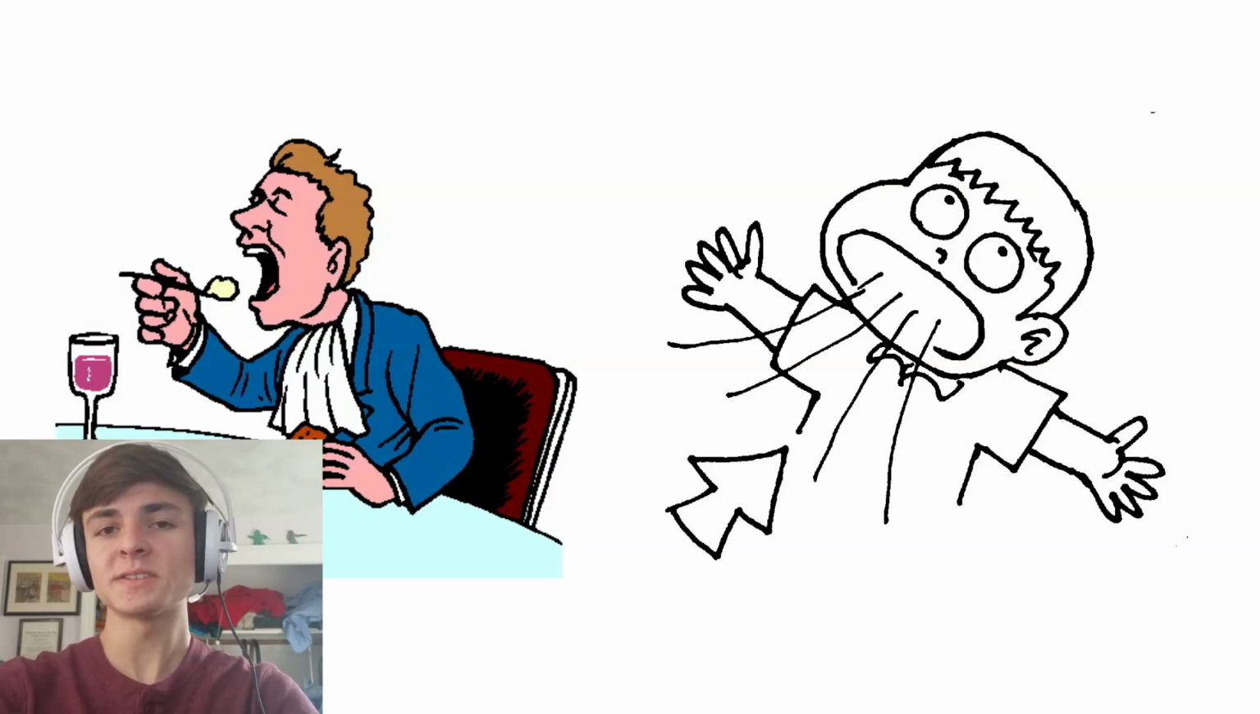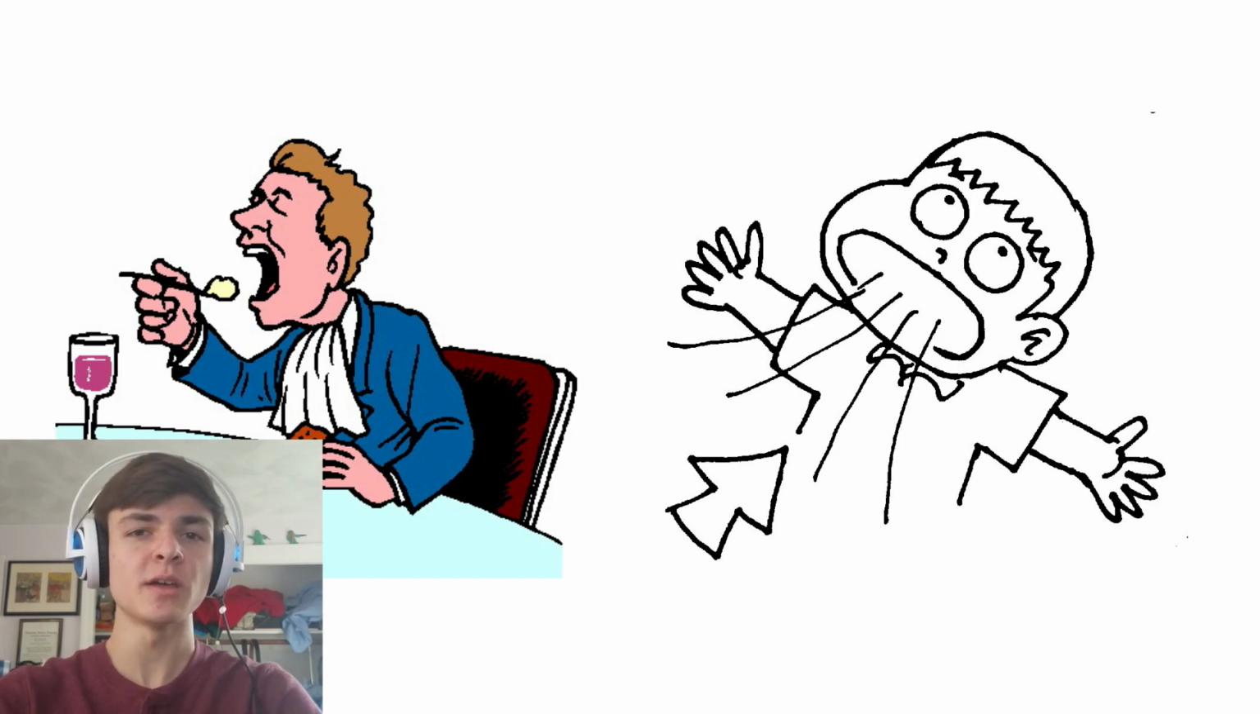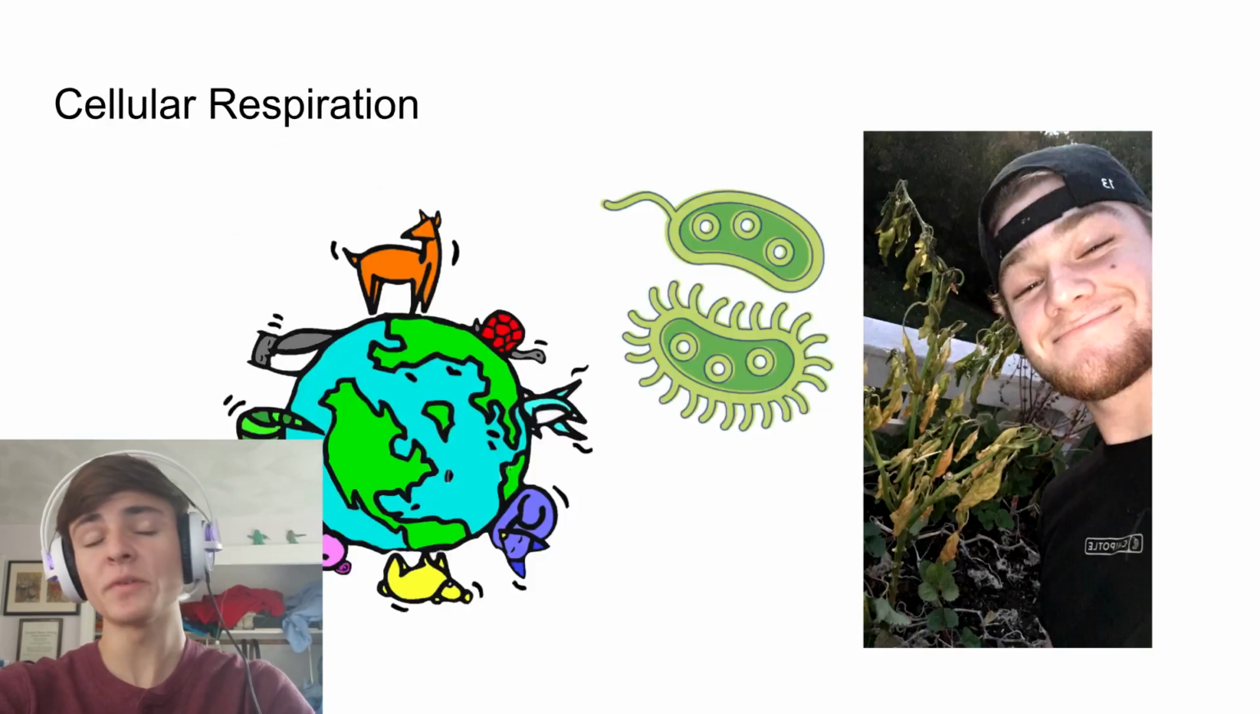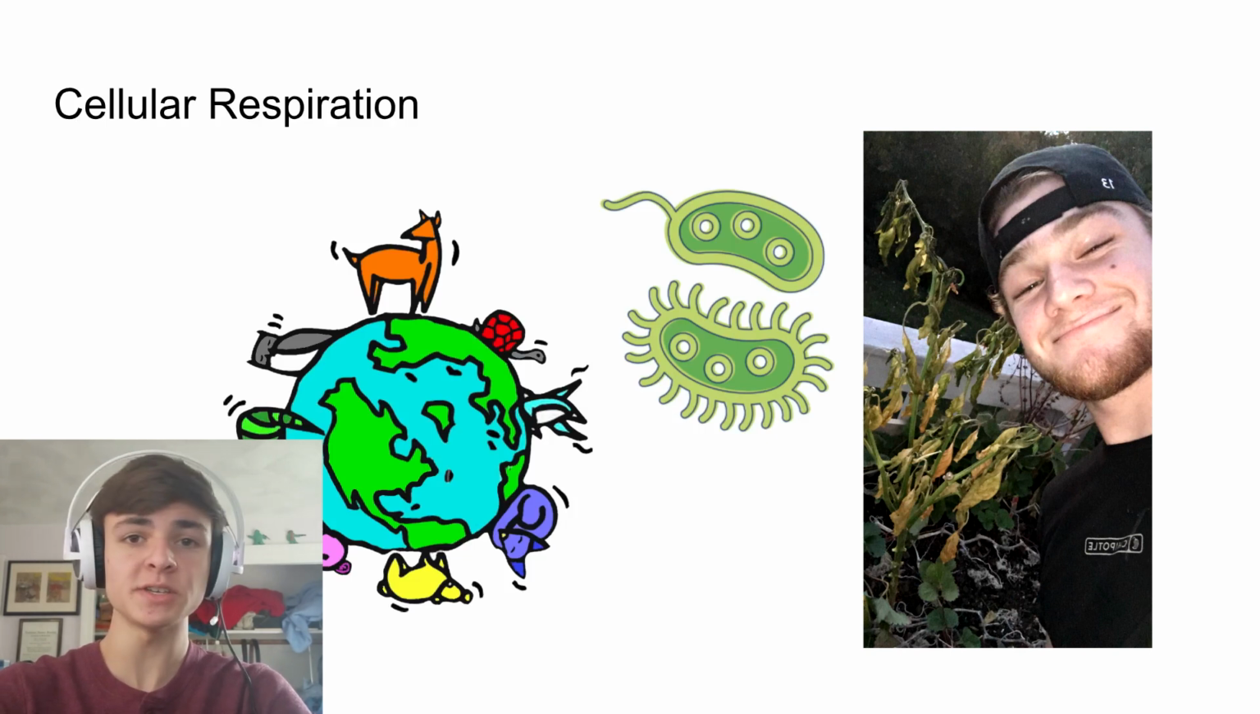Alright, so obviously as humans we know that we need to obtain nutrients from the food that we eat and oxygen from the air that we breathe, but what is the purpose of that on a cellular level? Well, both of these things are involved in cellular respiration, which is the conversion of chemical energy to usable energy